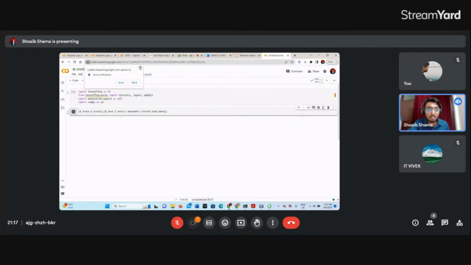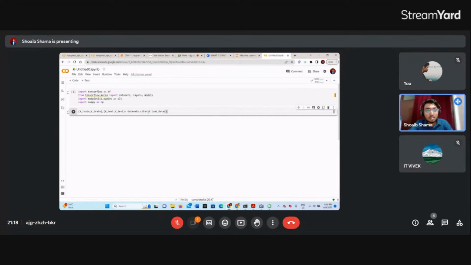So I've written some code here. Import tensorflow as tf. These are like the basic codes. And import tensorflow.keras. These are the standard libraries. You can easily check on YouTube how to install that stuff and all. And matplotlib. This is used to plot the things, and numpy is used for your mathematical operations and all.